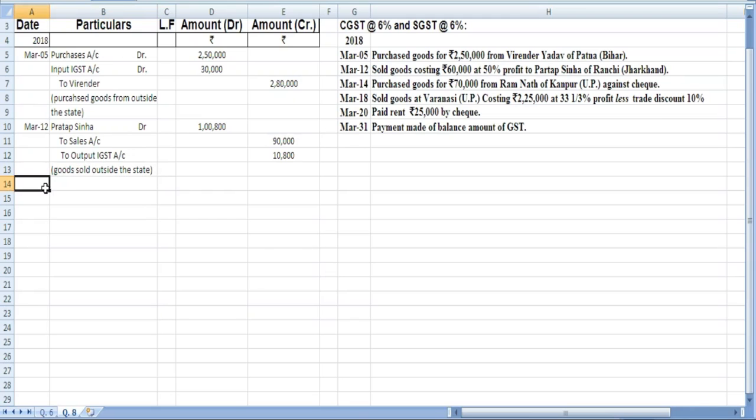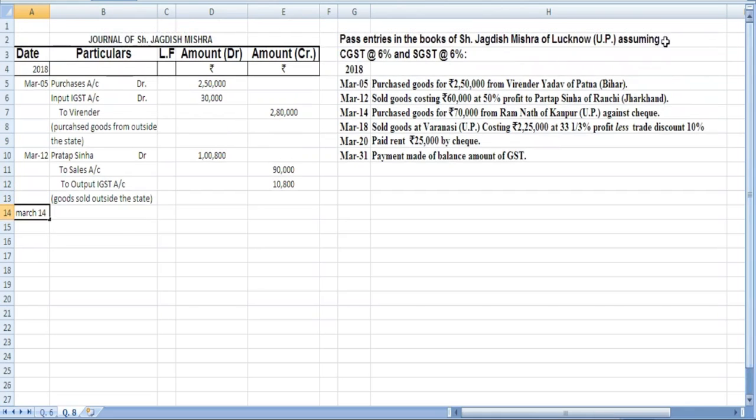The next we have is March 14. Purchase goods for 70,000 from Ram Nath of Kanpur, UP. Now if you notice this question, the person for whom we are making the journal is from UP. So this is now within the state, intrastate. So we're going to write here